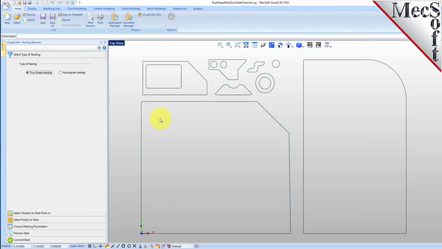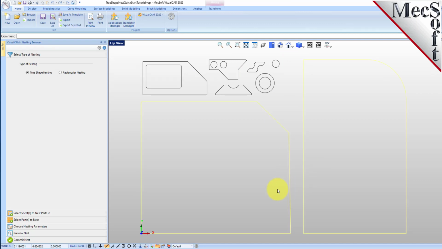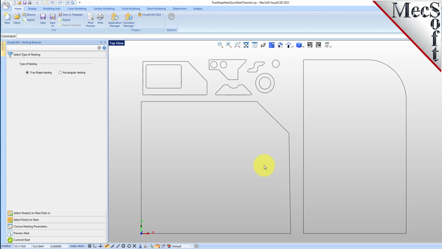Let's take a look at what we've done in VisualCAD to prepare for nesting. You can refer to this as the staging process. We have brought together and located on the screen the geometry that we want in the nesting process. As you can see, we have one or more shapes that represent the stock or the remnant material. We also have one or more shapes that represent the production parts that we want to nest within the stock